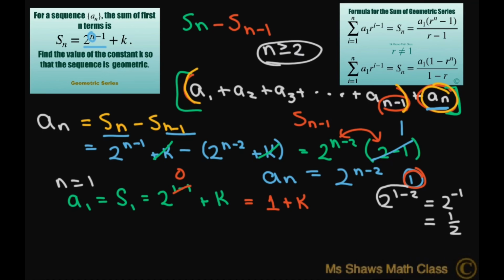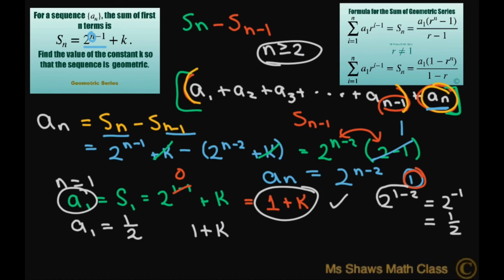So basically, that's going to be a sub 1 equals 1/2. So therefore, we have a sub 1 equals 1 plus k, and we have a sub 1 equals 1/2. So set that equal to 1/2, and then if you subtract 1 from both sides, you're going to get k equals negative